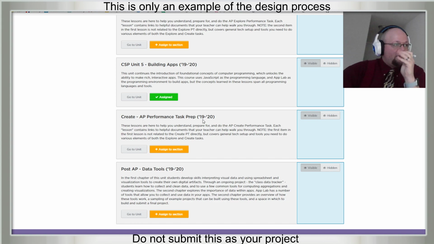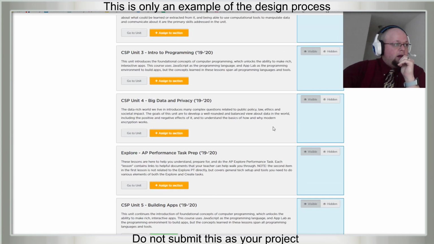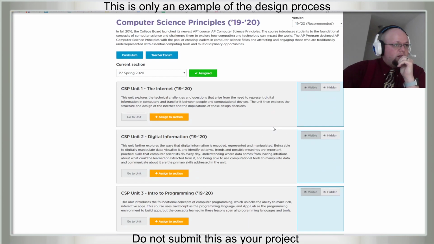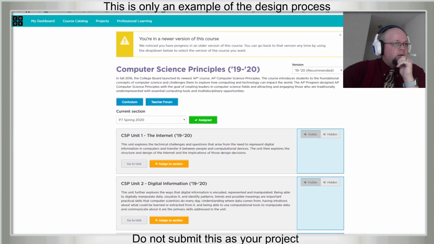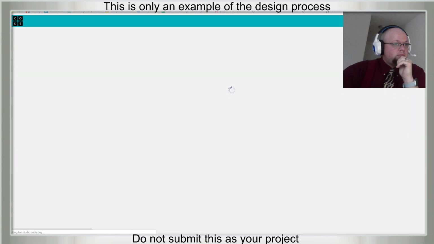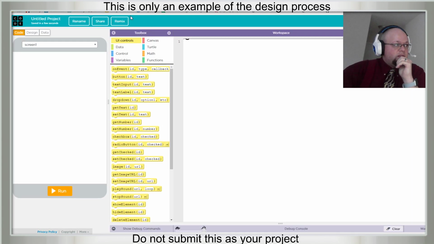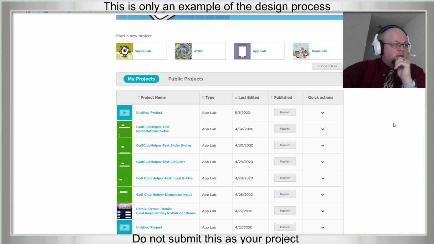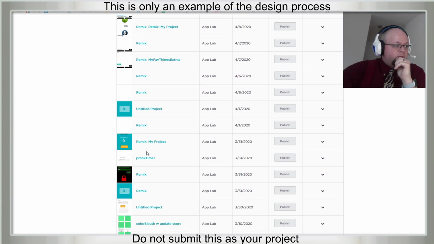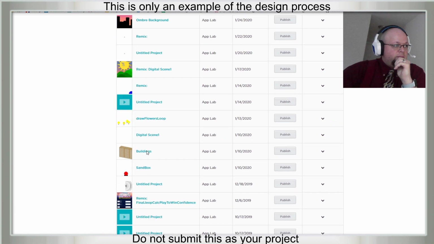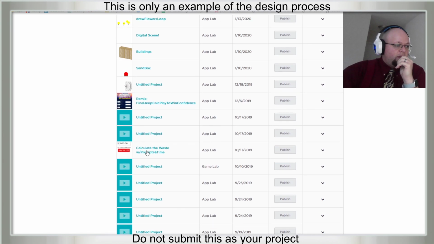The days are all blurring together. But we want you to do your coding in just the generic AppLab, which is just a blank canvas, and you can get all of your old projects through View All Projects, and this is where they are all saved.